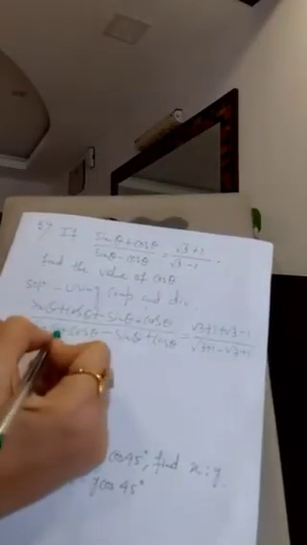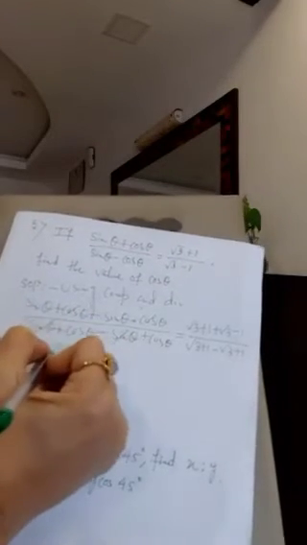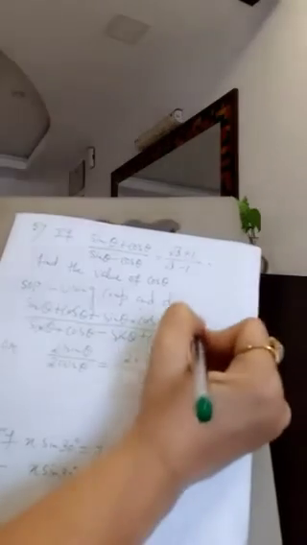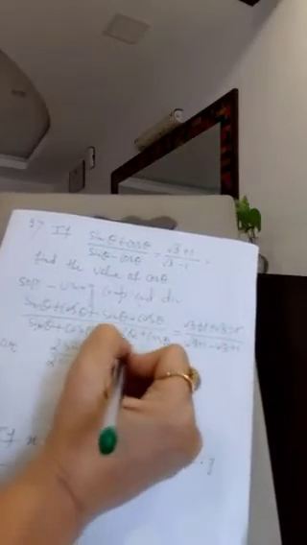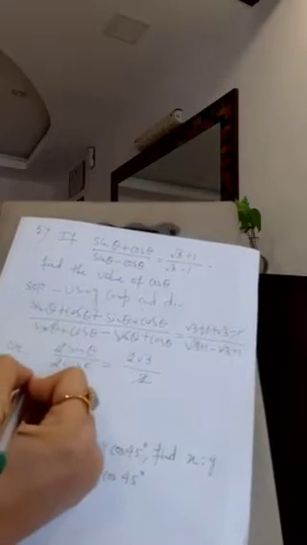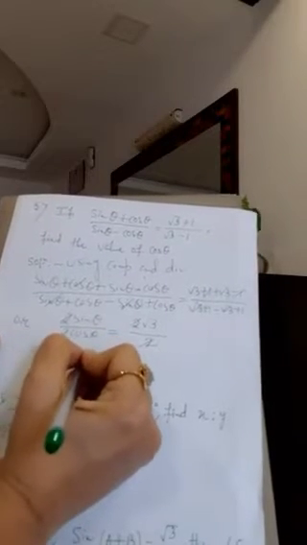Now you see cos theta and cos theta will be cancelled out, and in the denominator sin theta will be cancelled out. So 2 sin theta is coming in the numerator and 2 cos theta in the denominator, and on the right hand side 2 root 3 in the numerator and 2 in the denominator. So you cancel 2 from here and also here. Now sin theta by cos theta, from the first chapter of trigonometry, you know, is tan theta. Tan theta is coming root over 3.